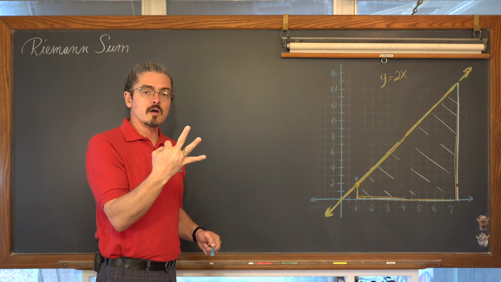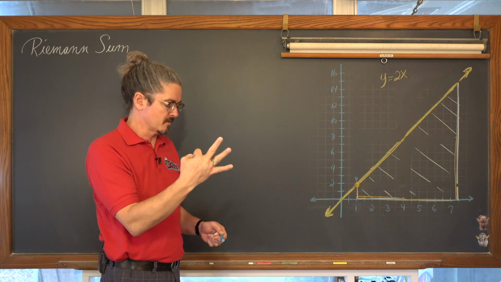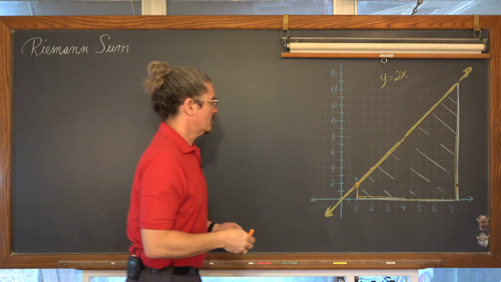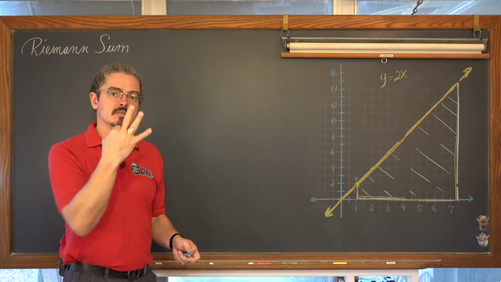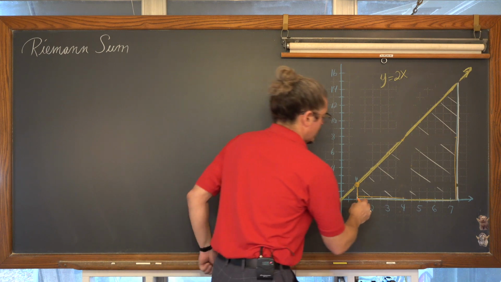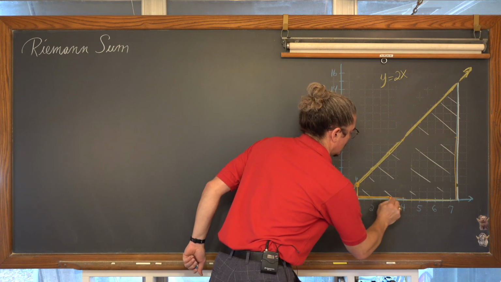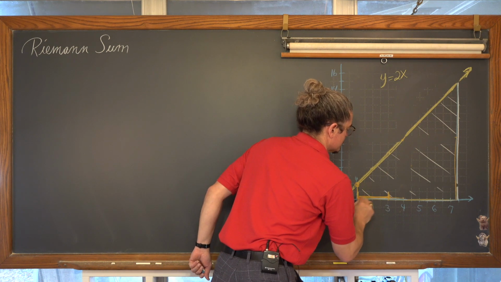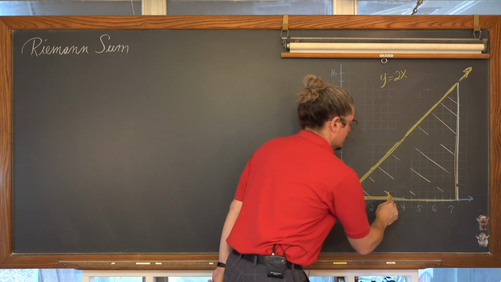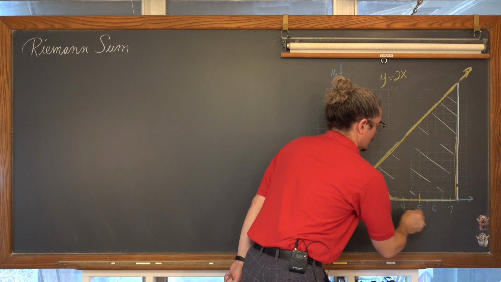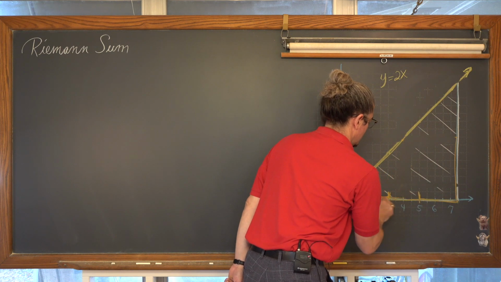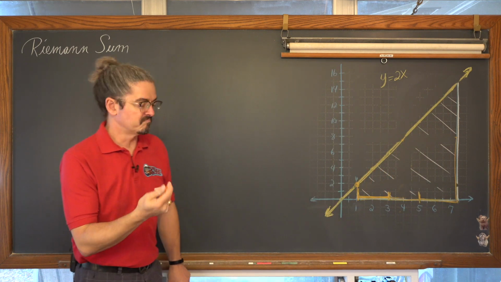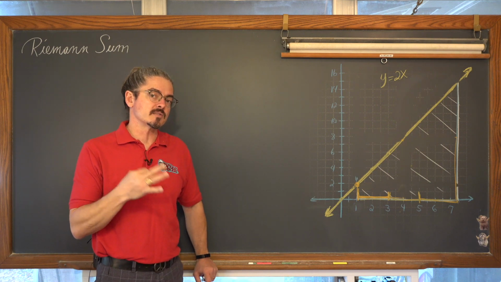Now what I want to really walk through is a Riemann sum with 3 rectangles, a left Riemann sum. So again, that distance between 1 and 7 is a distance of 6. 6 divided by 3 is 2. So we're going to have a rectangle that goes from 1 to 3, a rectangle that goes from 3 to 5, and a rectangle that goes from 5 to 7. So each base of each rectangle is going to be the same value of 2.